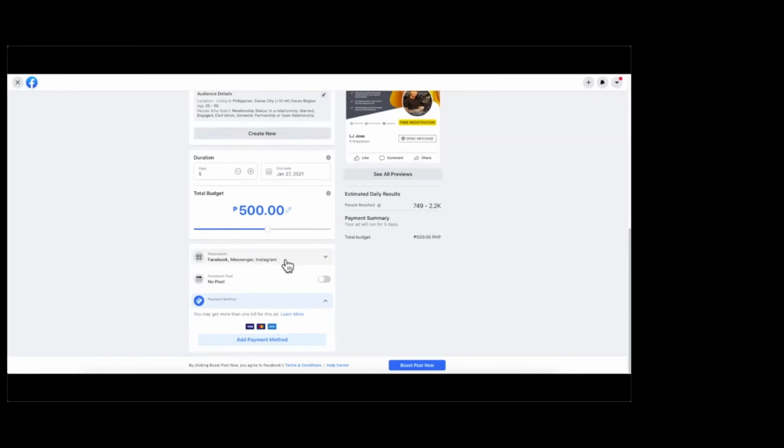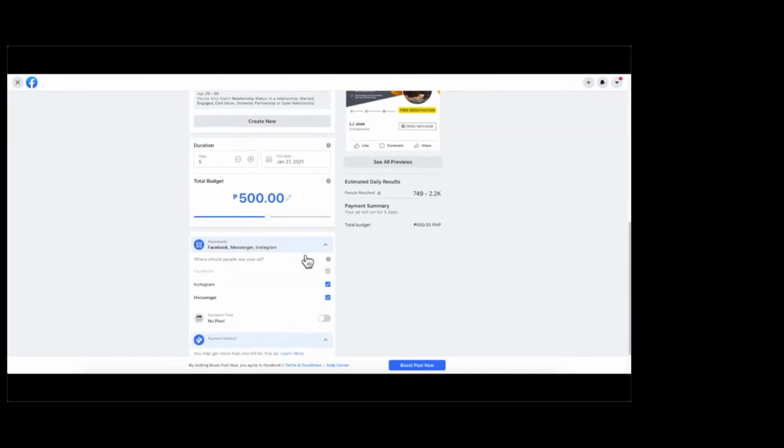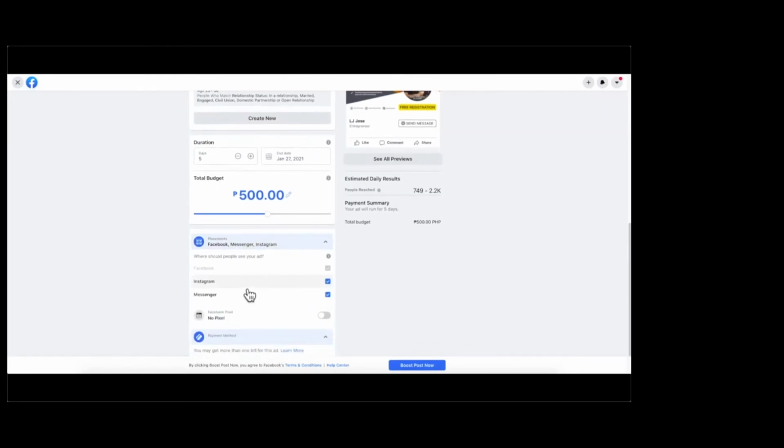Now let's go to the placements. All right, so for the placements, you can select if you want your ad to be seen on Instagram and Messenger as well. I would just leave that at the default, because there are also some people who are checking Instagram for gift ideas or Valentine's Day gift ideas and offers. Messenger, not really that much, but just keep it open in case someone would be seeing the ad on their